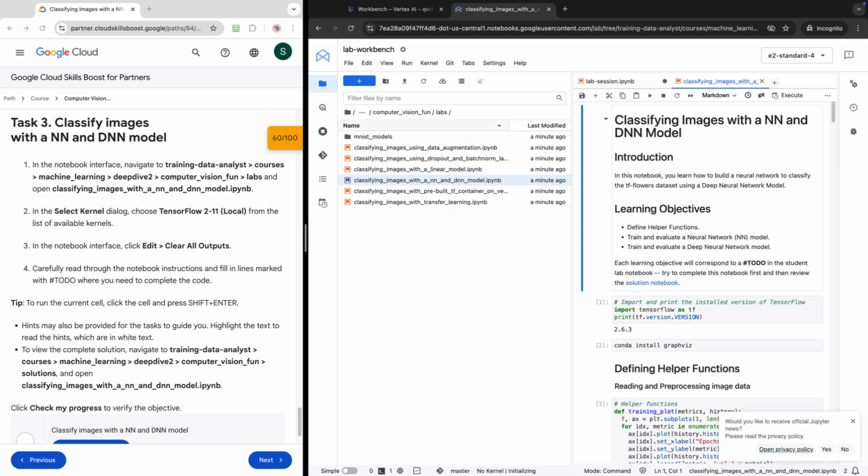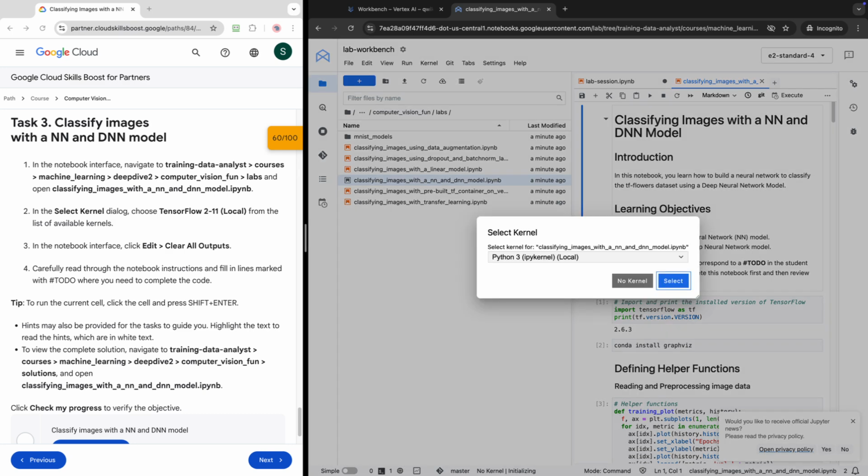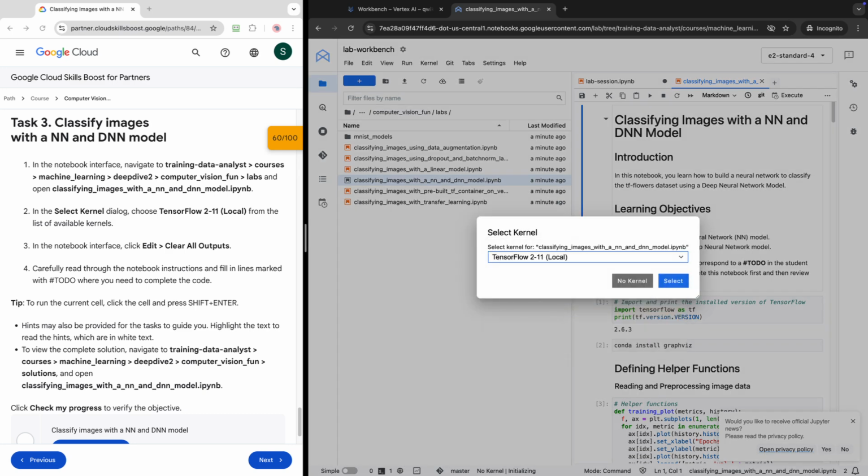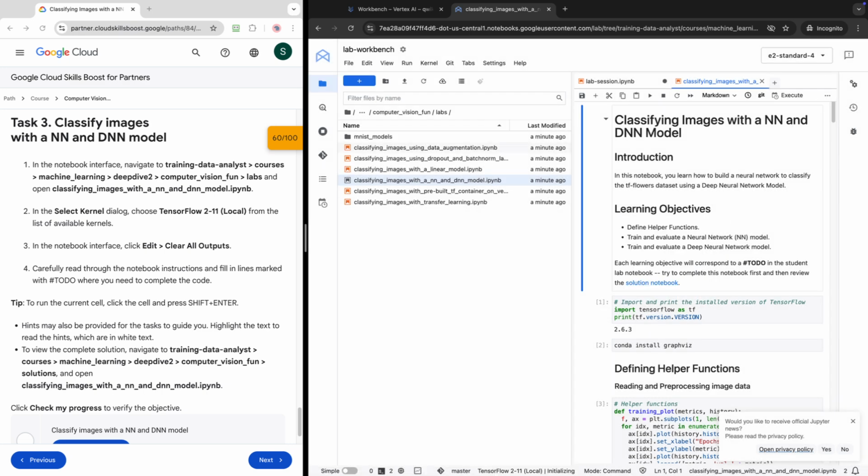We open this, and we can select this TensorFlow 2.11 as provided in step 2. For the interest of time,